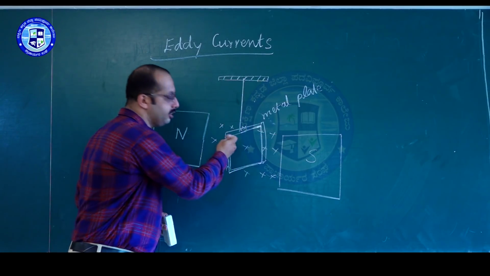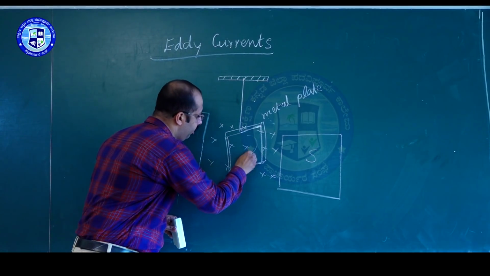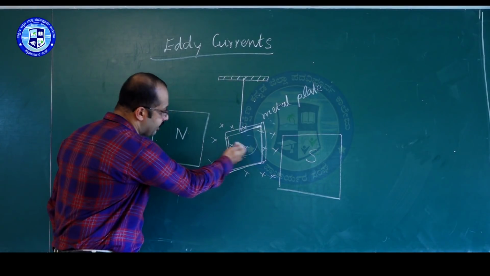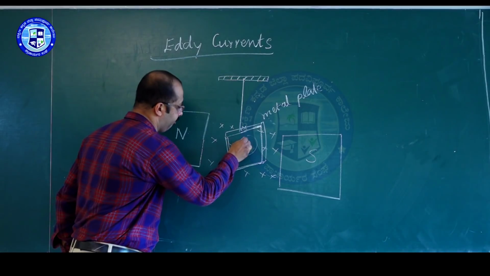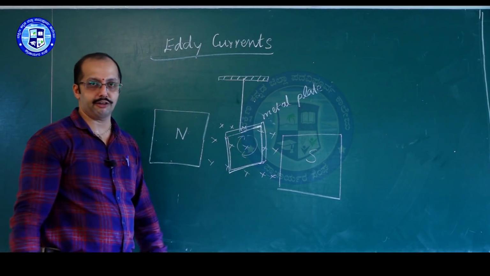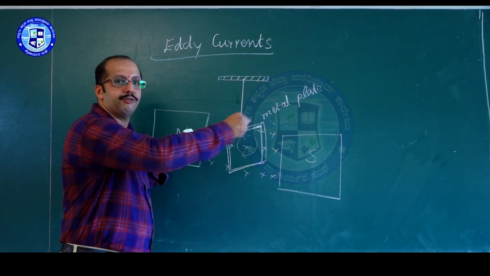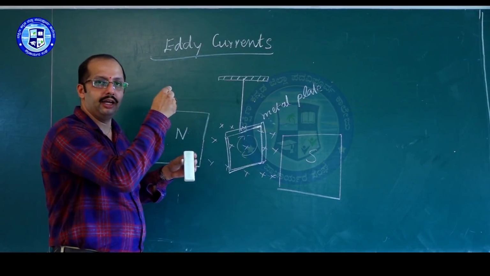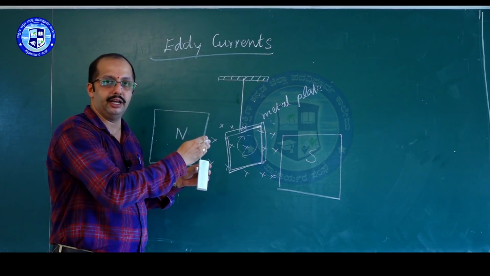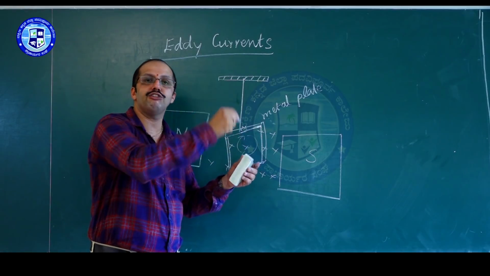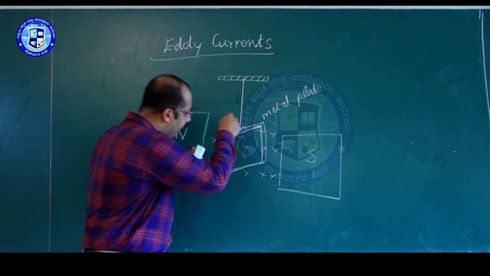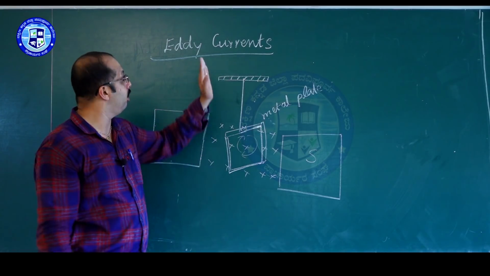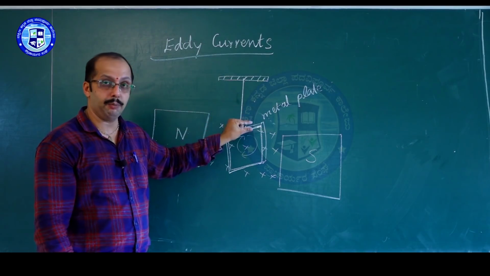When it enters the region, the current is induced in one direction, maybe clockwise. And when it exits or moves away from the magnetic field, the current flows in the opposite direction. So when it moves to and fro, oscillating in the uniform magnetic field, entering and exiting, the current direction changes. The current induced in the metal plate is called induced current. That is also called eddy current, because a thick metal plate is used.